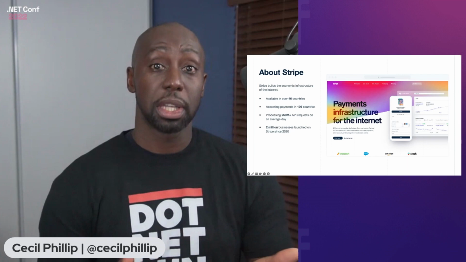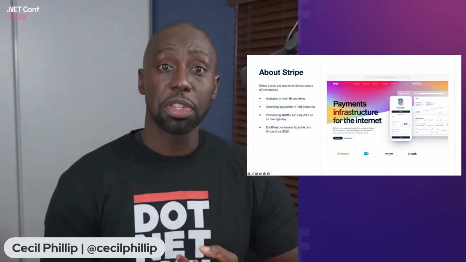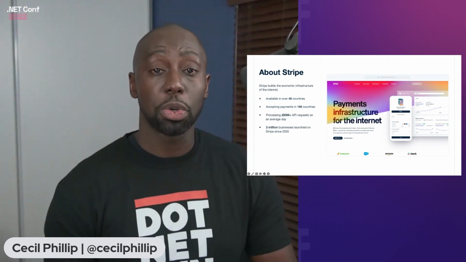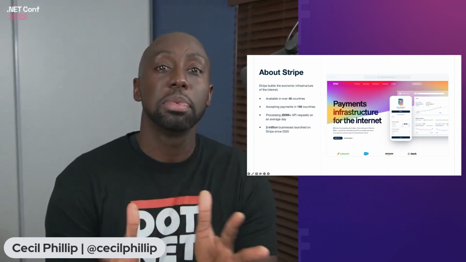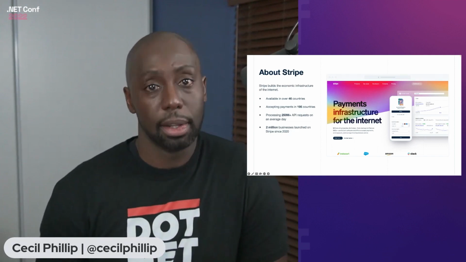But not only does it allow you to accept payments, but it allows different types of currencies. It supports different types of countries, and there's tons of other amazing services that it offers as well. And what we're going to do is see some demos about how you could start adding that to your .NET